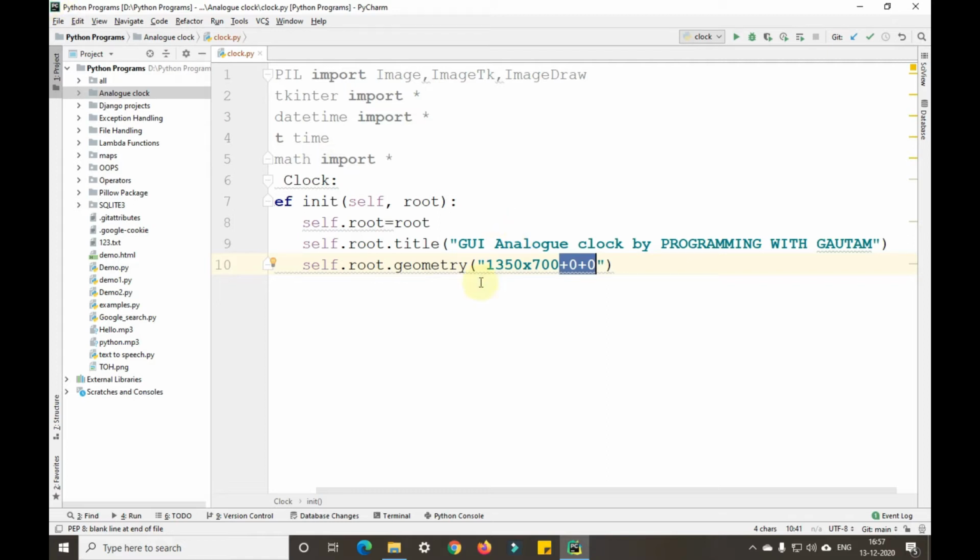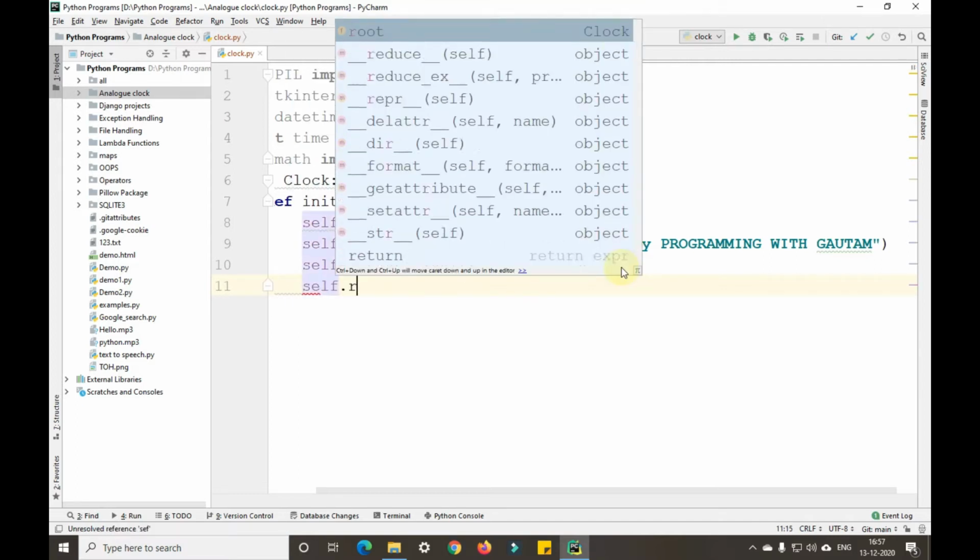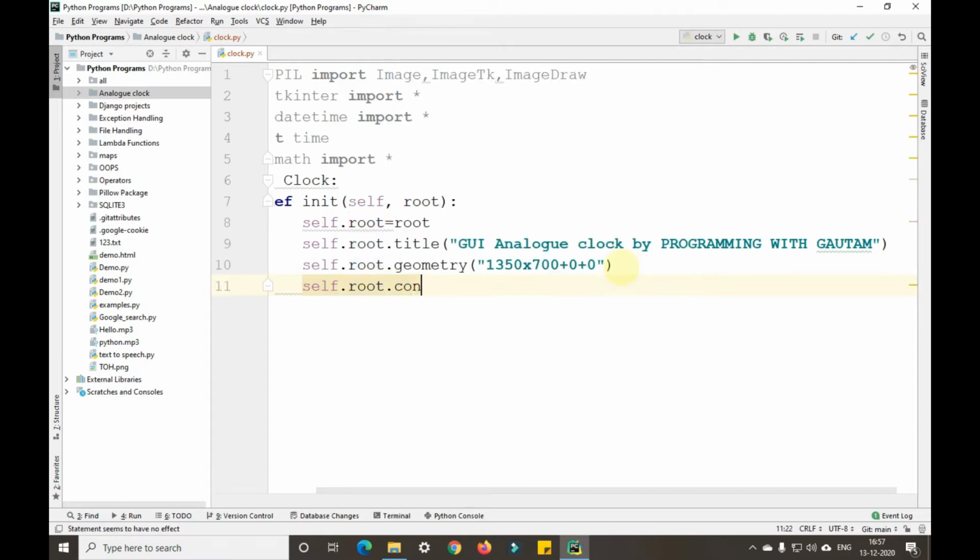From here it will go 1350 pixels to the right, and 700 pixels down here. Okay, after that we'll do self.root.config. With the help of config, we are setting the background color. So bg equals, I'll temporarily give black here. Okay, the black should come in double quotes here.